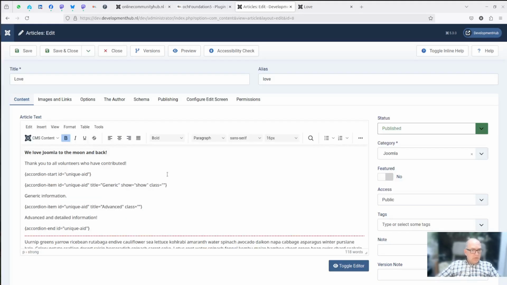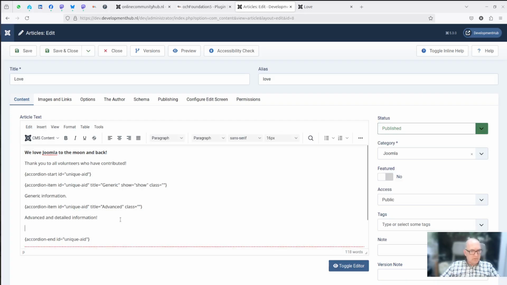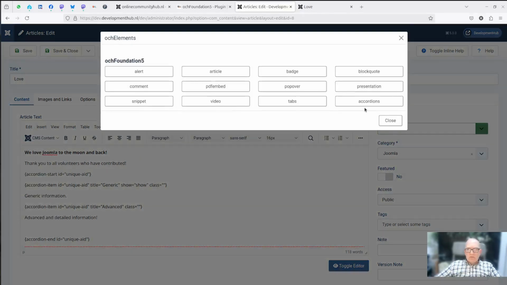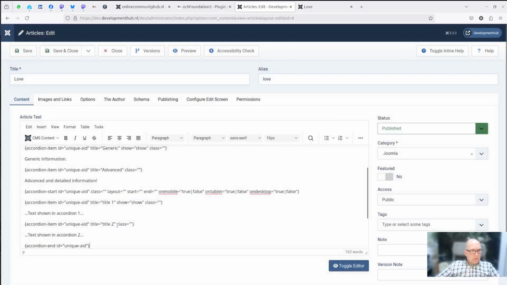So this is a basic accordion, but you can also nest accordions. Let's create an additional accordion, a nested accordion, in the second accordion item. Elements, and just insert the accordion in there. What we need to do now is make this ID unique. So I'll just be adding a 2, and this accordion 2. I'll leave the default text in there.